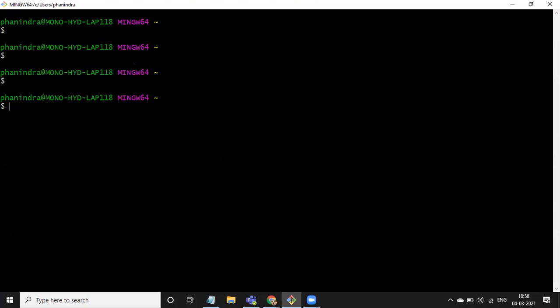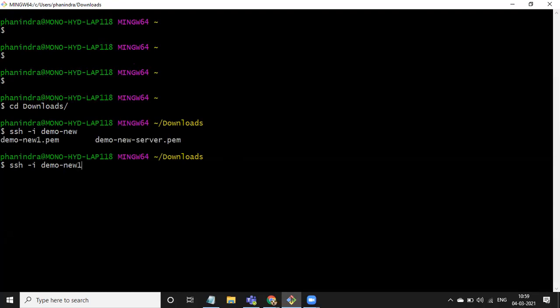It is in my downloads actually. ssh -i demo new 1.pem ubuntu@your public IP address. So this is the command to log into your EC2 instance with the private key. Okay, enter.